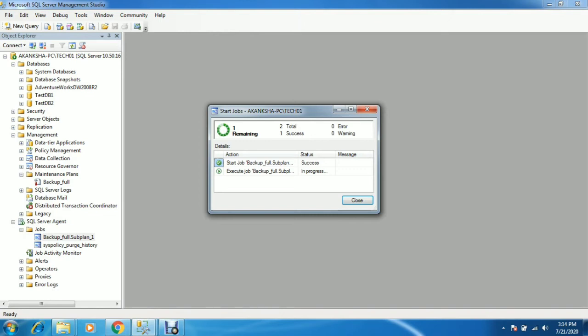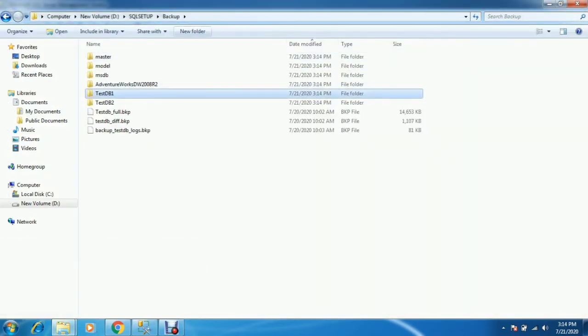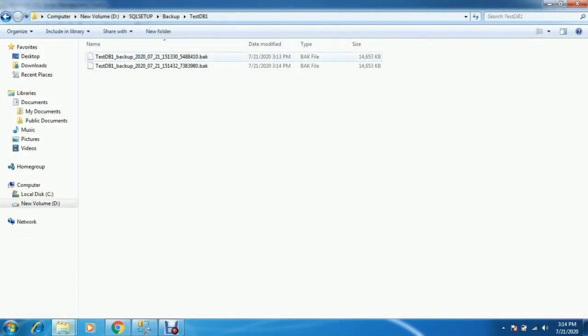It will take some time. Yeah, it's completed now. Verify the backup location again. See, two sets of backups are available. So why have I taken these?